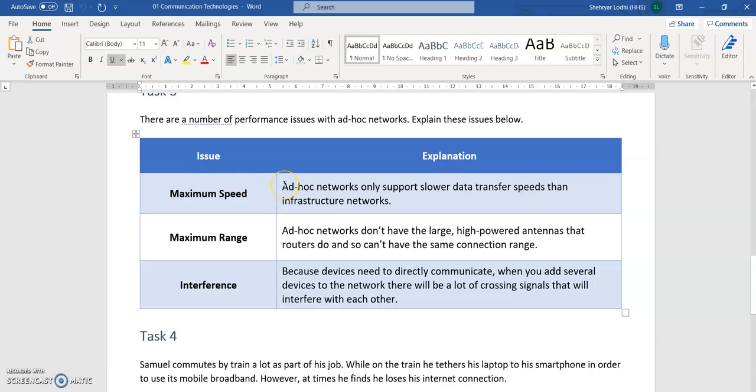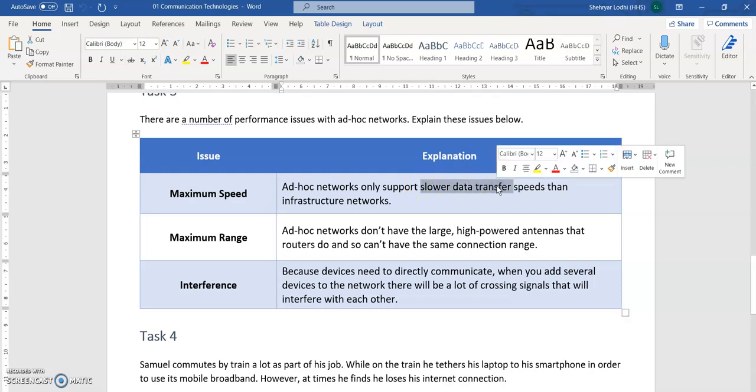So ad hoc networks, they only support slower speeds. So when you're connecting your phone to your laptop, currently speaking, you can only get the slower data transfer. If you were connected to the other type of network, the infrastructure one, then the data transfer would be a lot faster. Maximum speed, maximum range,